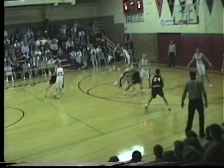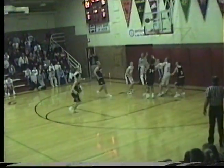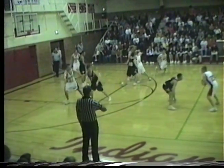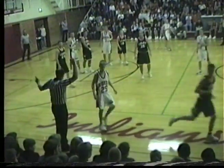Piper with the ball as Hoxie's gone man-to-man. Outside, Sadler on a drive. 5-footer on the way. It's missing. Schwanke rebounds, turns, shoots, and scores. Justin Schwanke, second basket of the game. 18-4, Colby. Sutton with the ball, loses it, got it back. Dave Sutton on a dribble, far side. Comes off to Campbell. Campbell on a dribble, backs up, crossover, didn't get it, and it'll be out of bounds